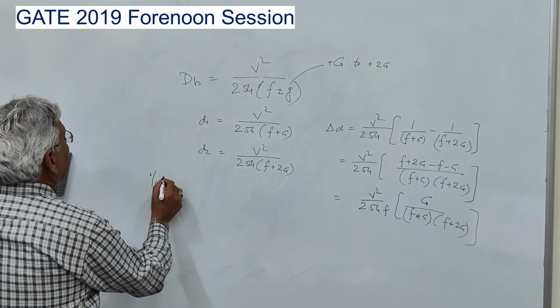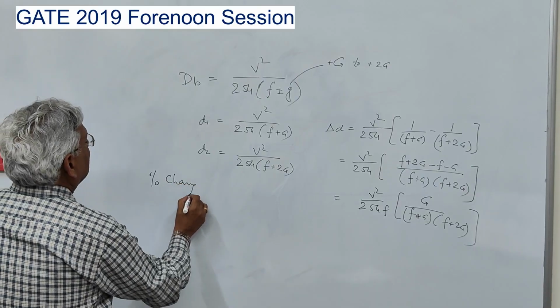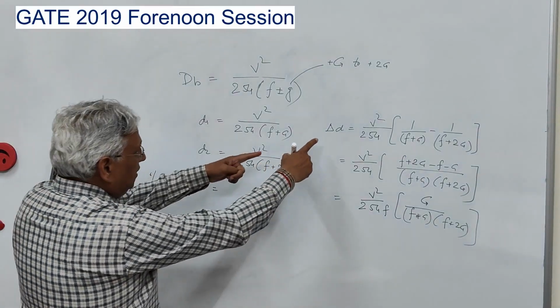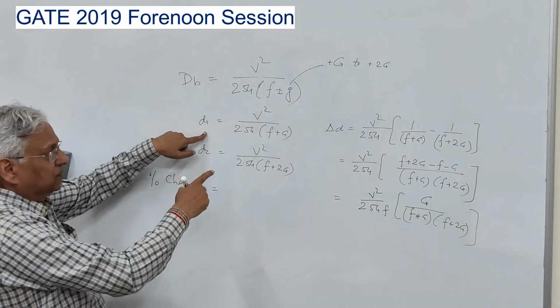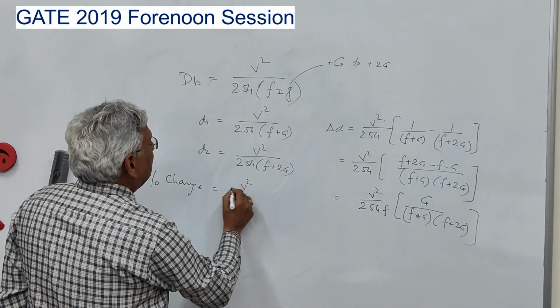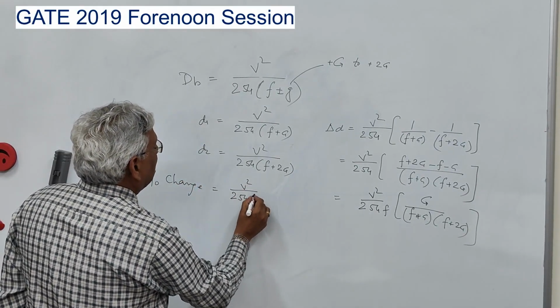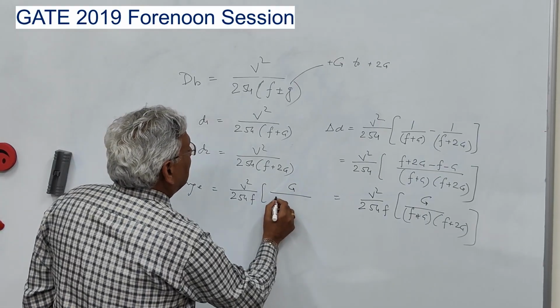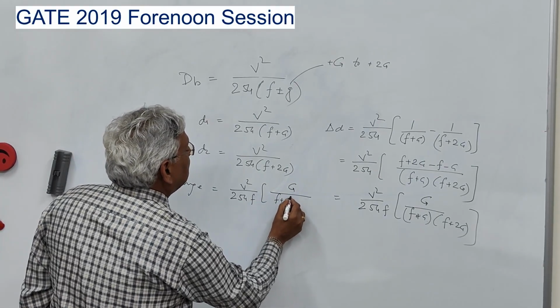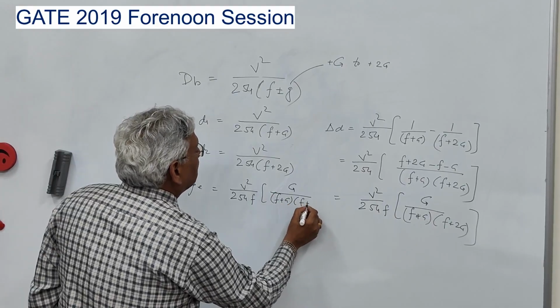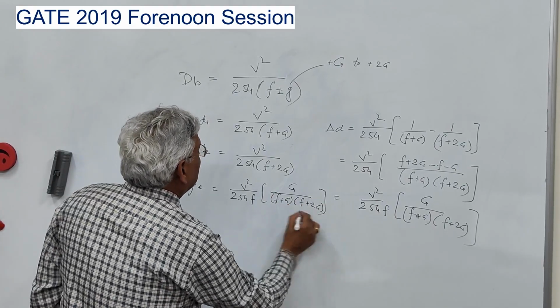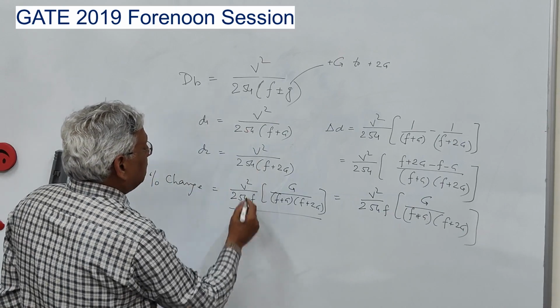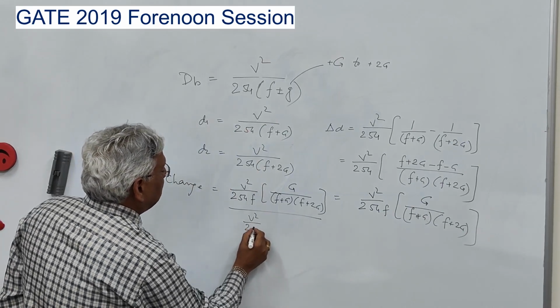Percent change will be delta D upon original distance, that is v square upon 254 into G upon (F plus G) into (F plus 2G) upon v square upon 254